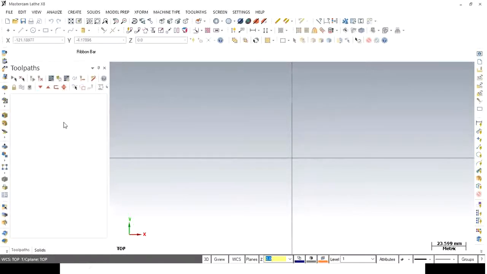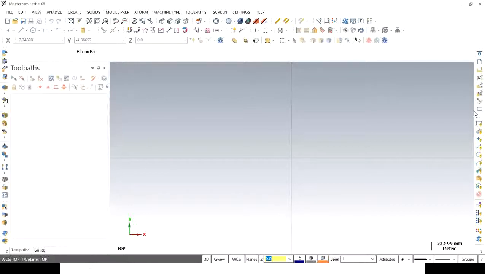To the left-hand side of the Mastercam software, there is the toolpath manager. When you select the machine type and the different toolpaths, all will appear on this screen. In the toolpath manager, you can provide the different data as well as modify it. There are again two options available: one is Toolpath and the other is Solid. If you apply the solid commands, then this can be visible in the solid mode.